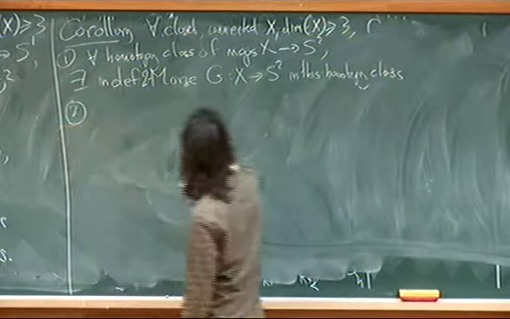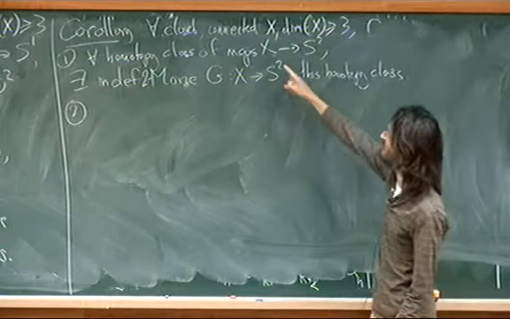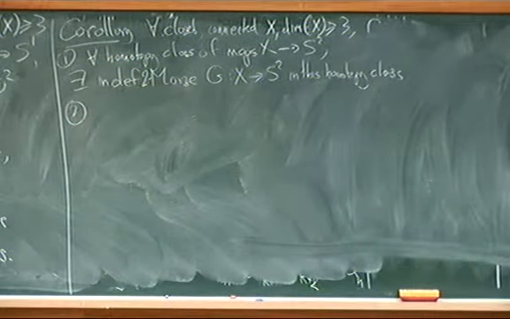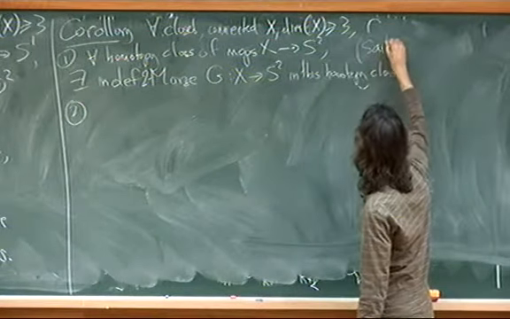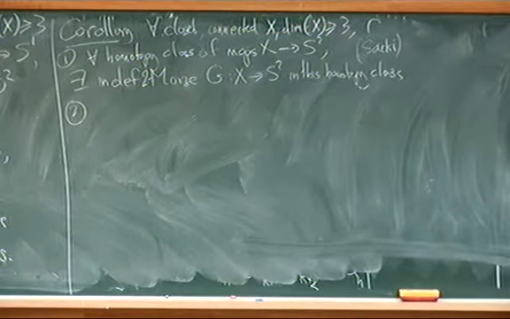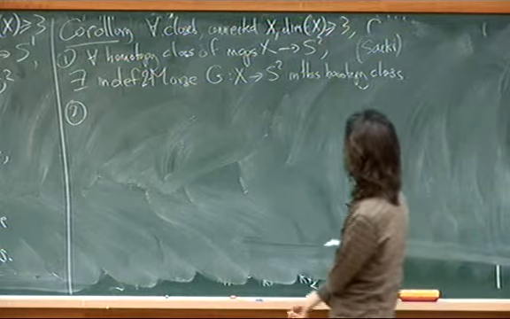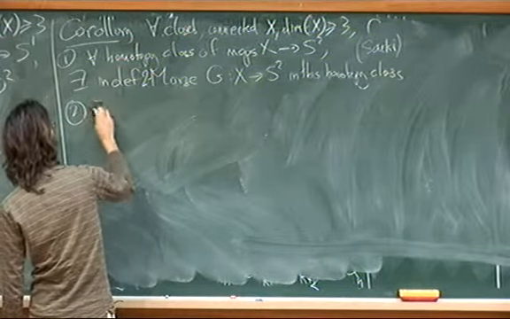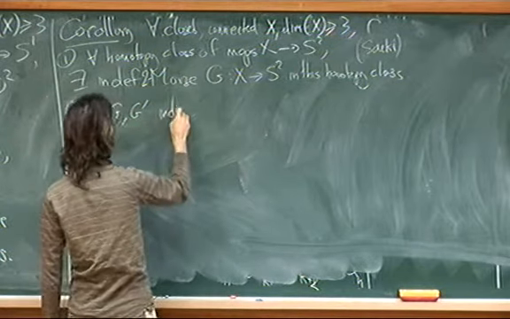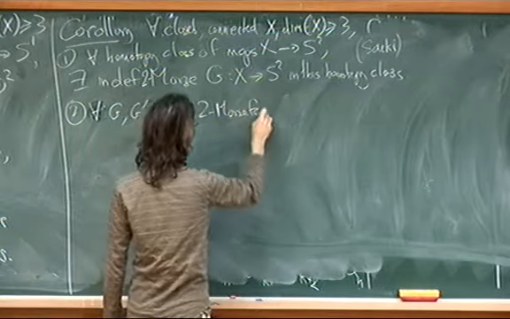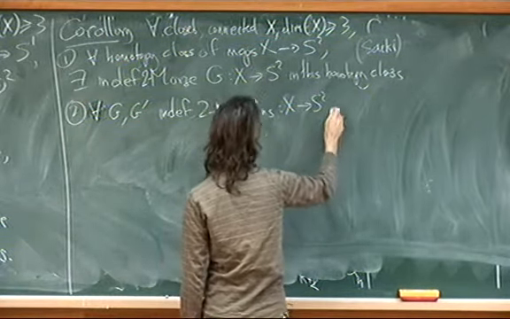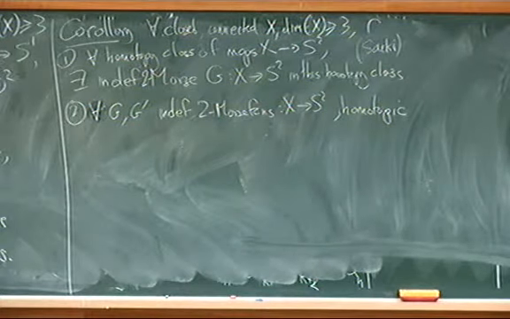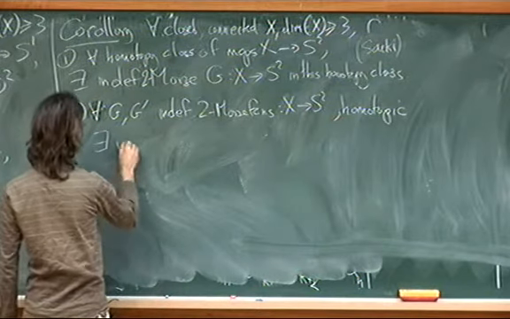I forget the history. At the very least, when the dimension of X is 4, this is a result of Saeki, who views it in the context of singularity theory. I can't quite remember whether Saeki did it in other dimensions, but it probably follows easily from what he did. And then, given two indefinite 2-Morse functions G and G prime from X to S2, which are in the same homotopy class, of course you need them to be homotopic, there are obstructions otherwise, there exists an indefinite deformation